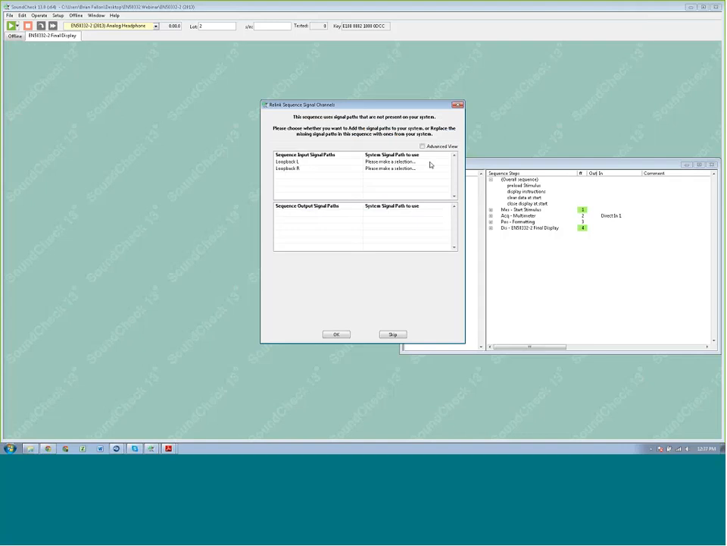So here, what we need to do is add these signal paths to our system. So we just click the drop down, say add to system calibration, add to system calibration. So now our system will have these signal paths called loopback L, loopback R. Hit OK,